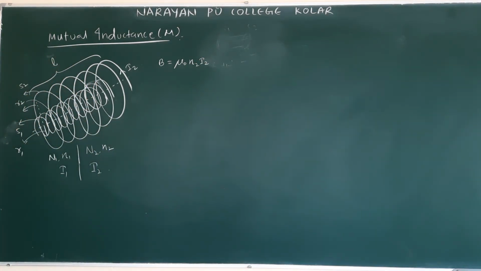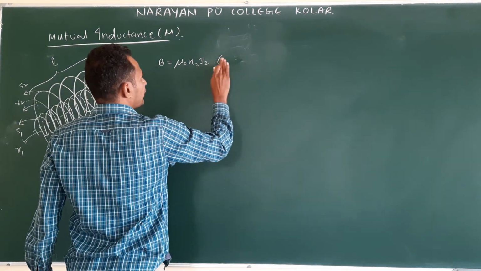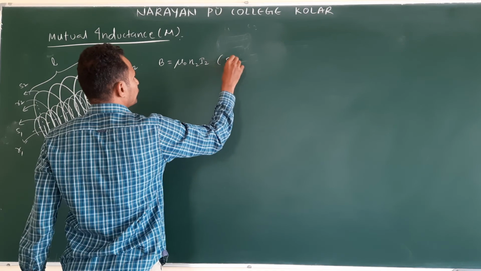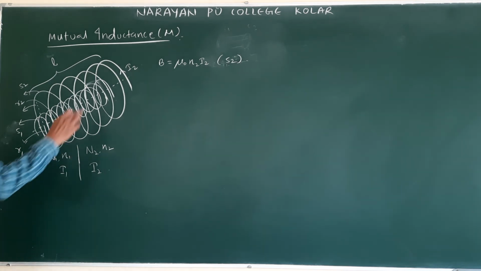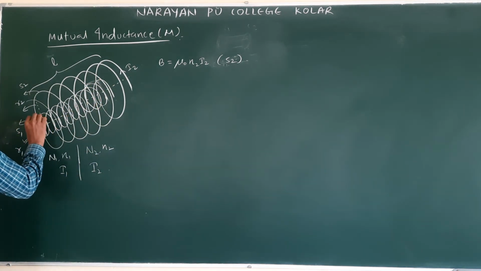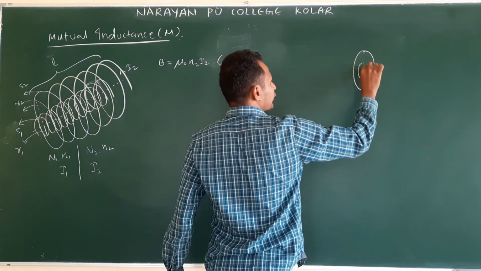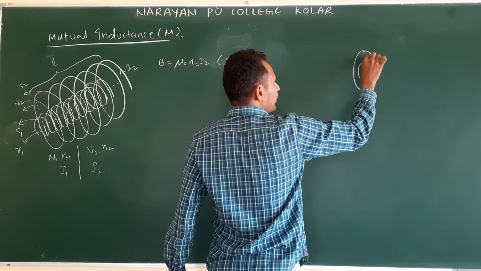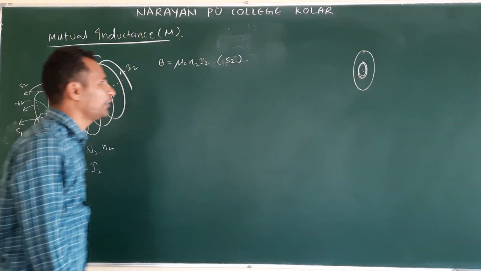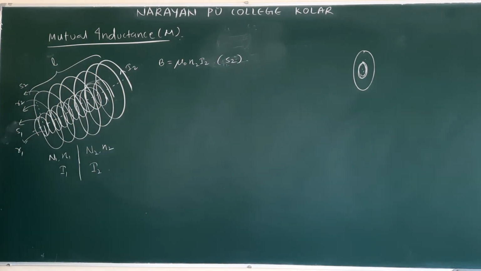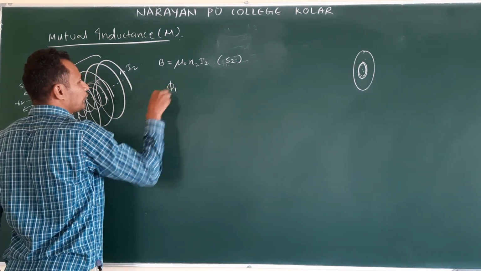Am I correct or not? Magnetic field produced by whom? The second solenoid, or outer solenoid S2. Then these magnetic field lines cross and pass through the inner solenoid. This is a bigger circle, this is small. So the magnetic field produced crosses through the secondary inner coil. There will be a flux linking with the small coil. So the flux linking with the small coil I can write as phi 1.